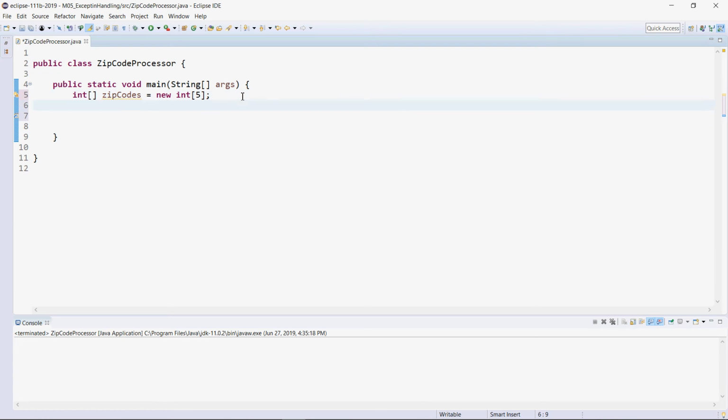And I also want to keep track of a valid and invalid count. So I want to say validCodes equals 0 and invalidCodes equals 0. Okay, so what I want to do is I now want to ask the user to enter in these 5 zip codes, but I want to make sure that they're entering in